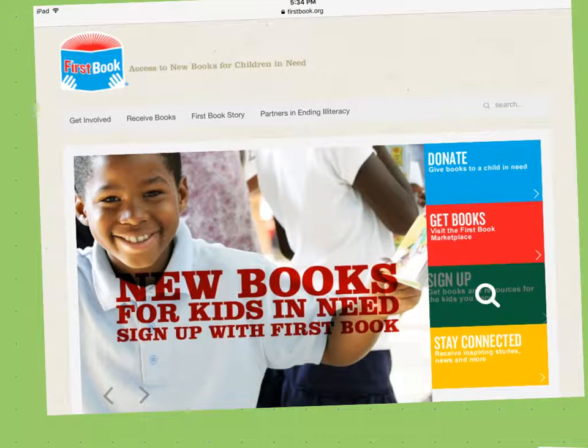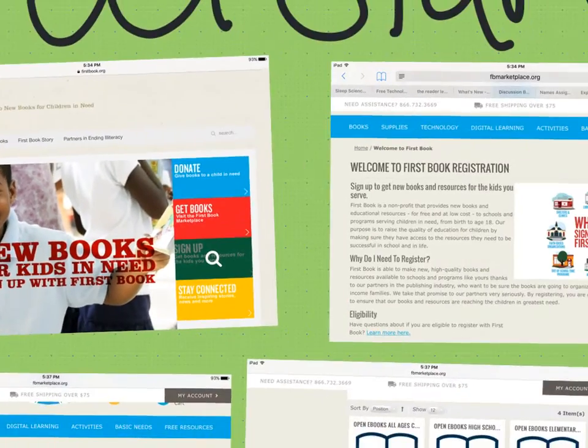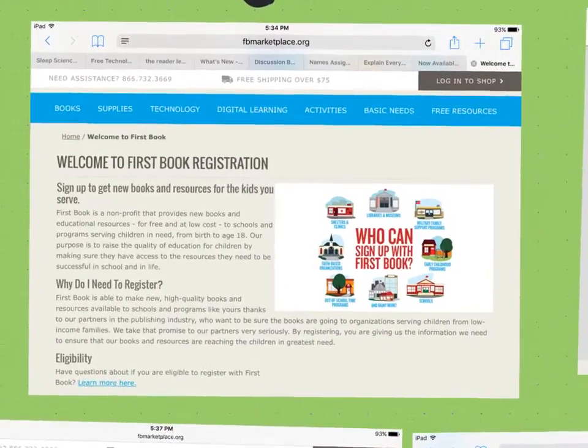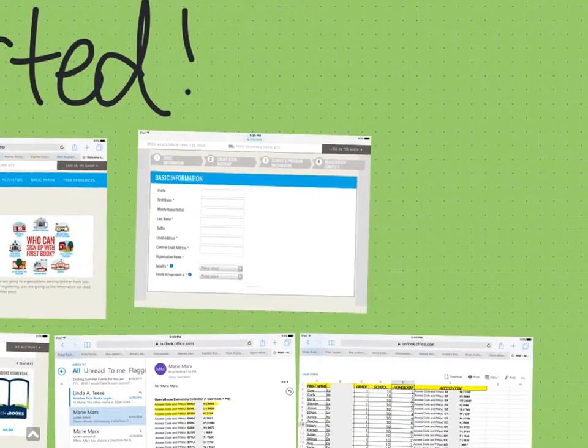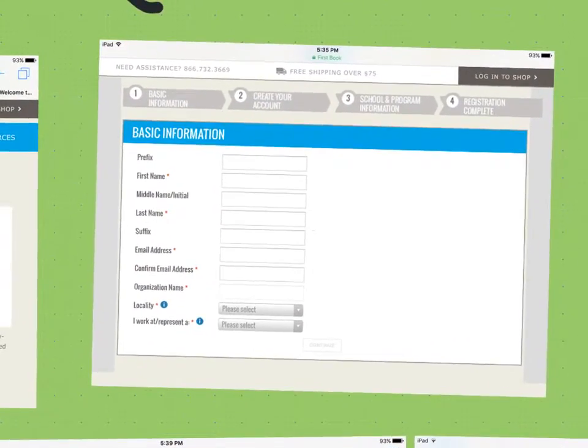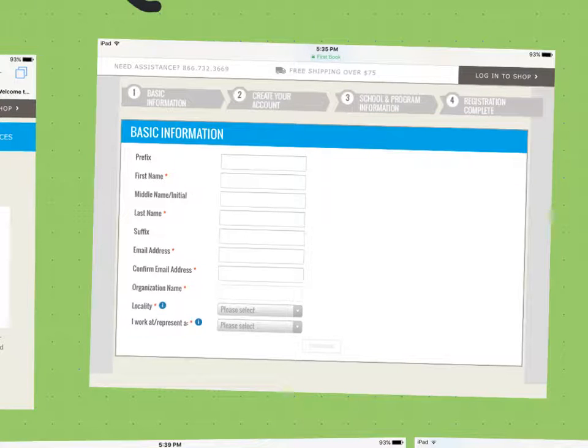We will just head to firstbook.org and click on the green sign up button on the home page. That will bring you over to another screen where you will scroll to the bottom and click sign up again. Then they will ask you a bunch of questions in a series of 4 steps. The first section of questions are titled Basic Information. Then there is Create Your Account, followed by School and Program Information, and then finally the 4th step is the